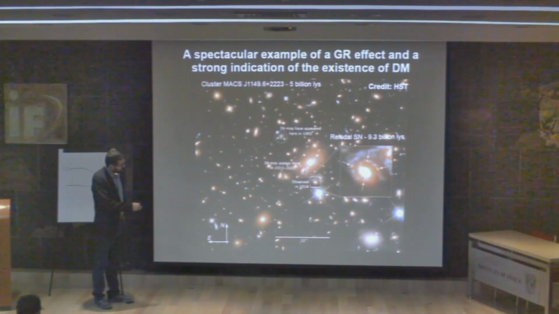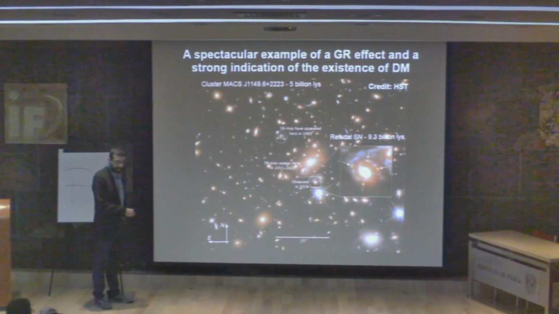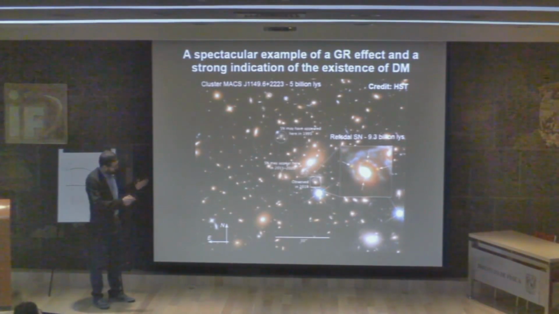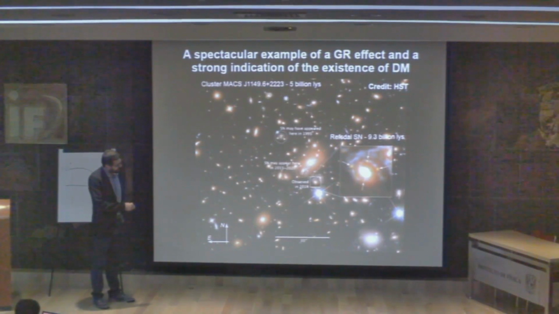And one of them is here. You can see here is one galaxy, this is the same galaxy, and this is another one. So it's three images of the same galaxy. This is a very massive cluster. And what is nice about this one is that